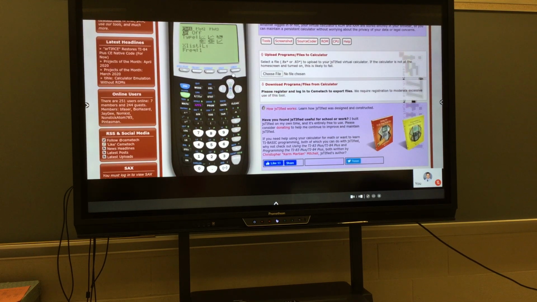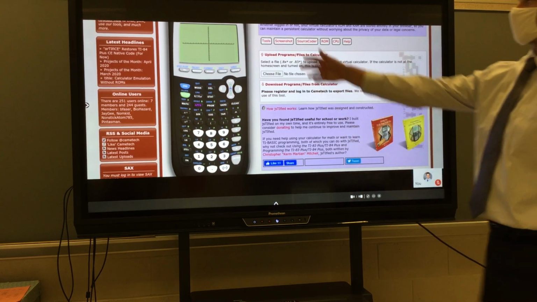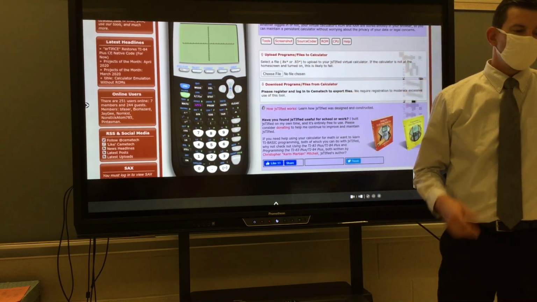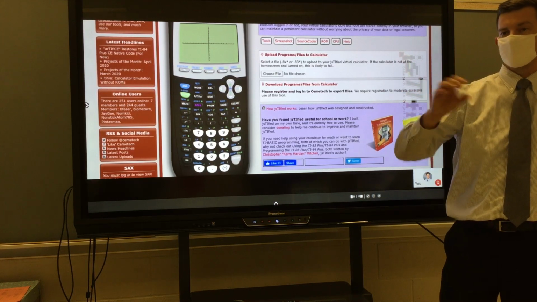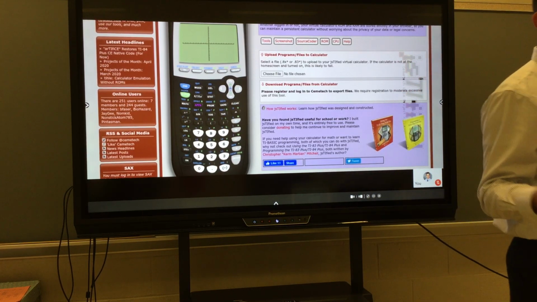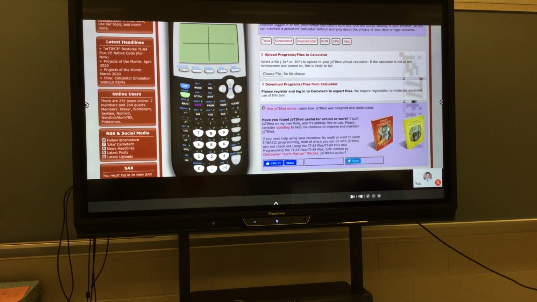And if you were to just hit graph, you're probably either going to get a blank screen like I have here, or you might see part of the box plot but not the whole thing. Not a great representation. Whenever we're looking at a stat plot, a good place to start is with the zoom button right in the top middle and go down to number 9. Number 9 is zoom stat. This will automatically give us a good window based off of the numbers